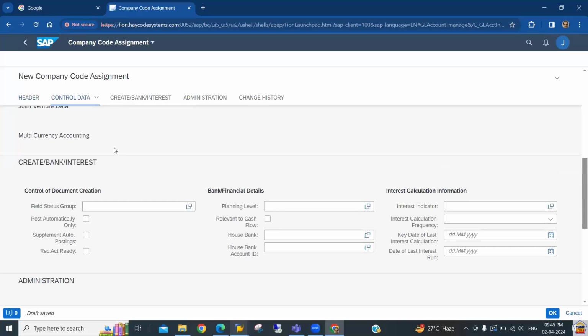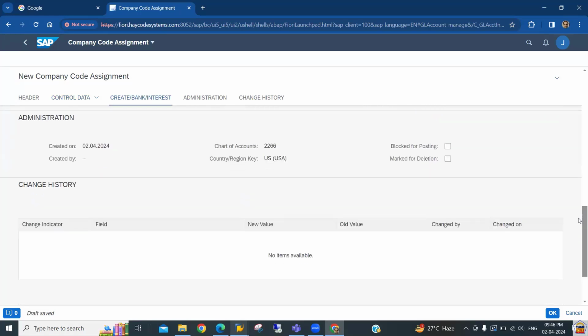You can see we have the same tab, bank interest tab, where we have the field called field status group. And we can select the field status group because it is related to the expense, so we can select here G004 cost account. So this is the information we have maintained at two levels, chart of account and company code. Now, because it is expense information and this is relevant from the controlling standpoint, we need to give the cost element category also. And for that cost element category, we need to just